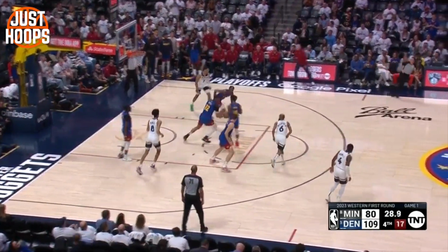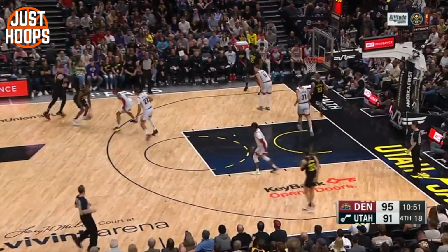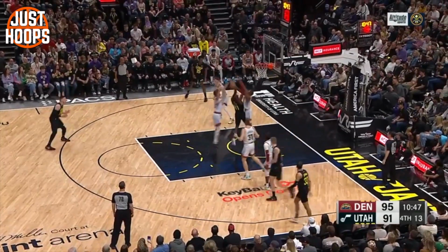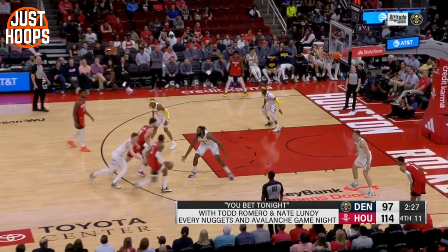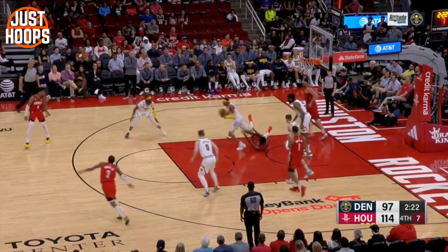In terms of him guarding on the ball, his hands are up. He slides and moves really well laterally. The feet activity, the hip movement, and he plays pretty sound by playing without fouling. The disruptiveness he has at the point of attack is next level, and I think that's really what's going